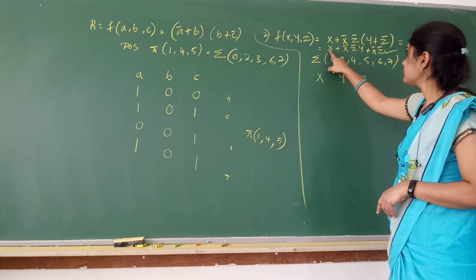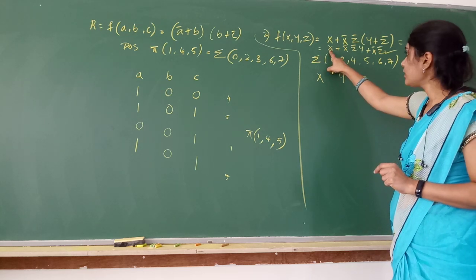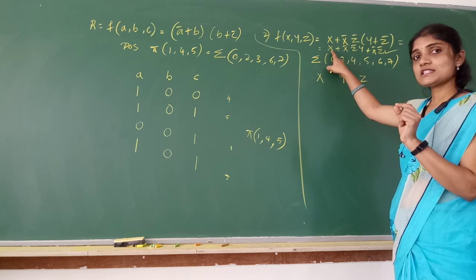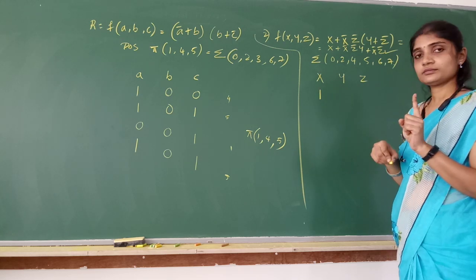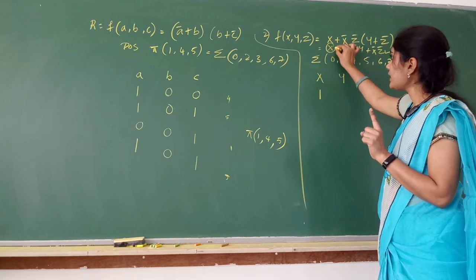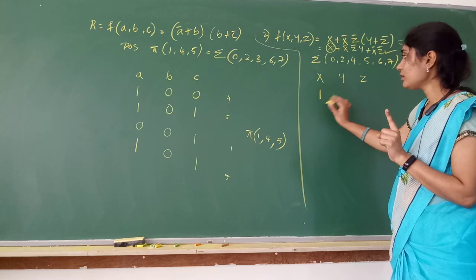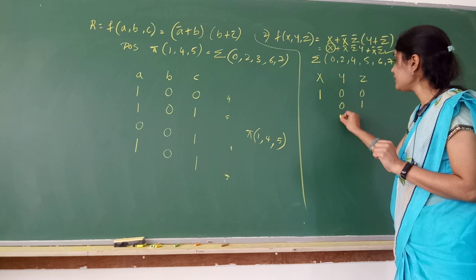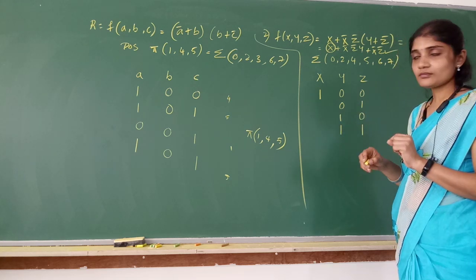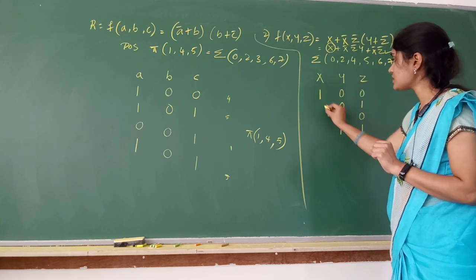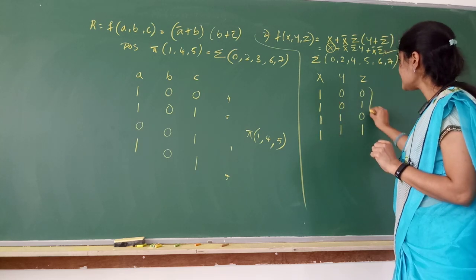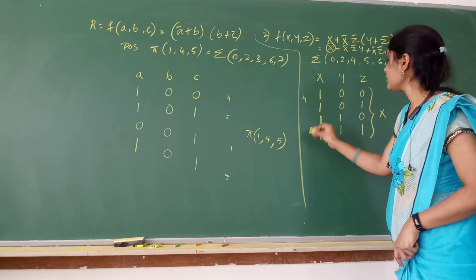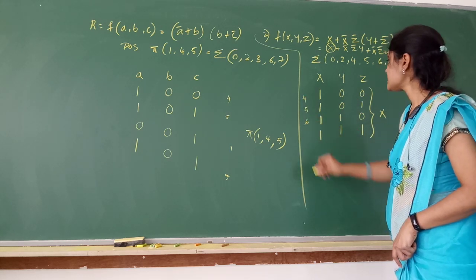Now take the first term. What is this? X. This is an SOP equation. When do we write x? When the variable is taking 1. So write 1. This is a product term. X means x variable is taking 1. What about y and z? Y and z can take 0, 0, 0, 1, 1, 0, 1, 1. But what should x be for these combinations? 1. So these are the terms you get for the first product term x. 1, 0, 0 is 4. 1, 0, 1 is 5, 1, 1, 0 is 6, 1, 1, 1 is 7.